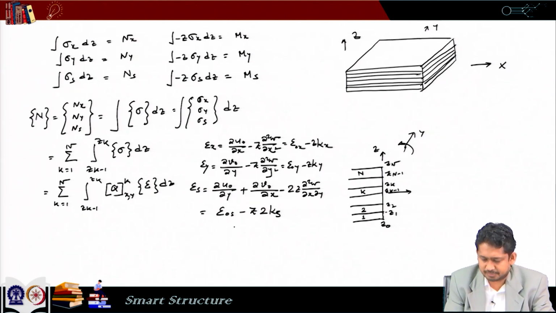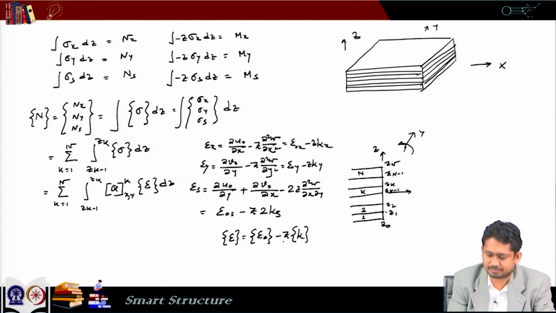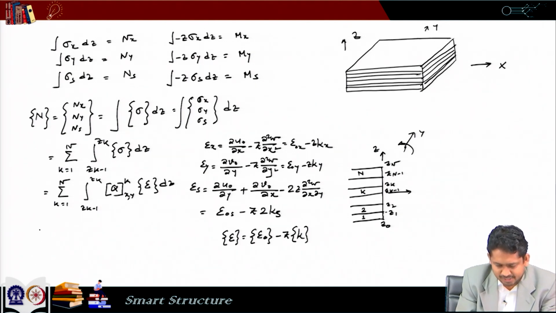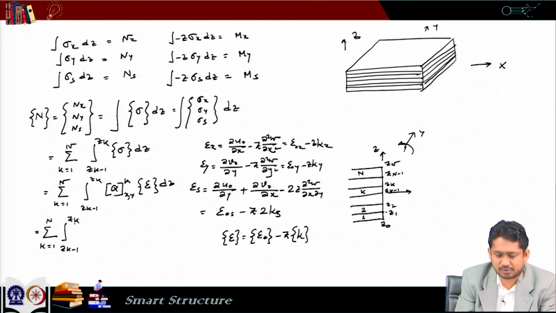So, this entire epsilon vector can be written as epsilon 0 minus z into kappa. So, epsilon 0 is a vector of epsilon 0 x, epsilon 0 y, epsilon 0 s, and kappa is a vector of kappa x, kappa y and kappa s. So, we can bring everything here and write k is equal to 1 to n. Within each layer we integrate from z k minus 1 to z k,